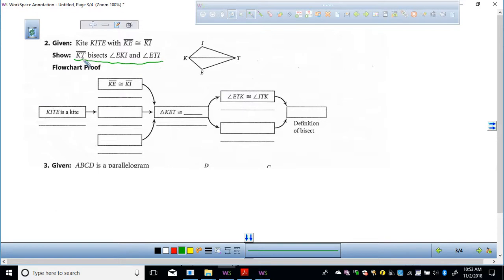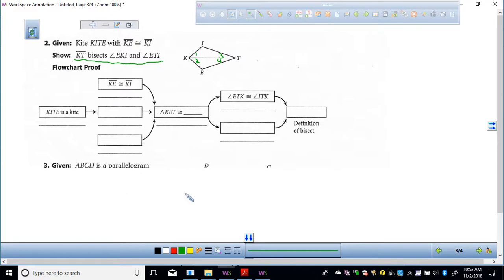You're trying to prove that KT bisects EKI and ETI, right? So in order to prove that it bisects those angles, the big angles, what would have to be true about this angle and this angle? Congruent. What would have to be true about this angle and this angle? Congruent, okay? So to simplify things, instead of calling them ETK and ITK, I'm going to call this angle 1, I'm going to call this angle 2, I'm going to call this angle 3, I'm going to call this angle